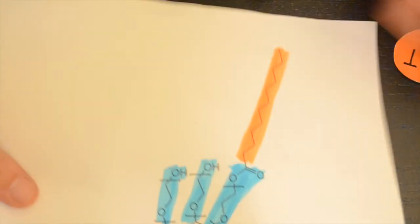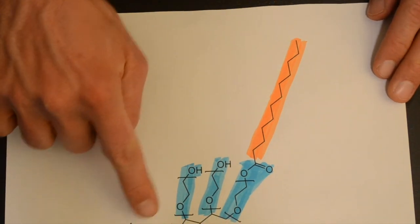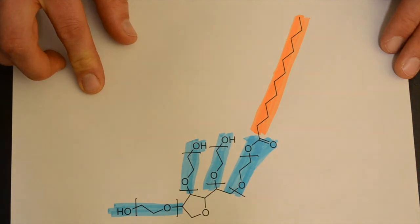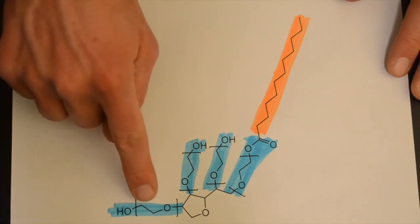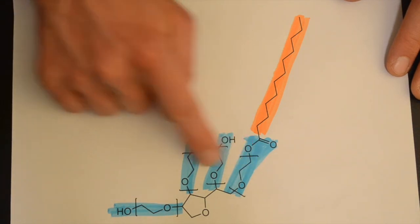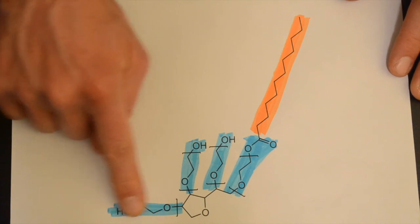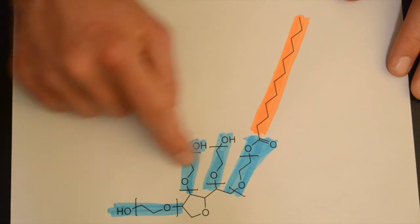This is the chemical structure for polysorbate 80. The brackets, here, here, here, and here, tell us that those parts of the molecule have a repetitive structure. This portion in brackets is repeated for a total of 80 times. The fingers can be different lengths. This one might be really long and these might be short, but there has to be a total of 80